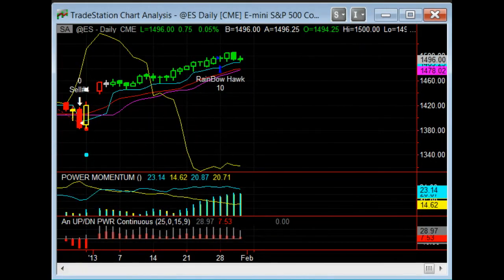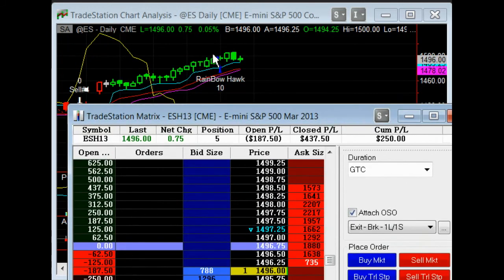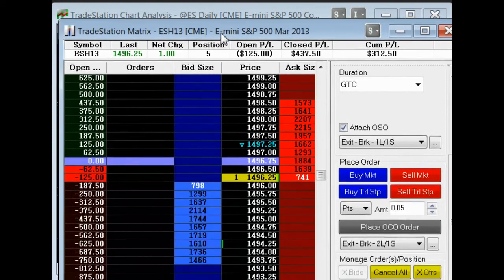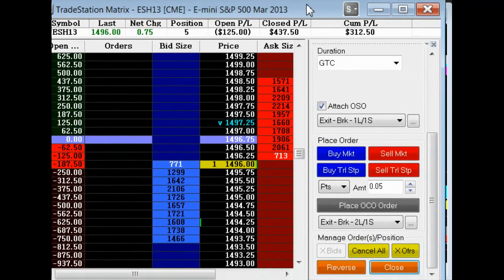Now, you notice that this symbol is the ESH13. It's not the @ES, because if you did it from the @ES, it would reject it because it doesn't exist. You have to actually trade the liquid market. So this is what I recommend for people who are looking to create even the day trades from